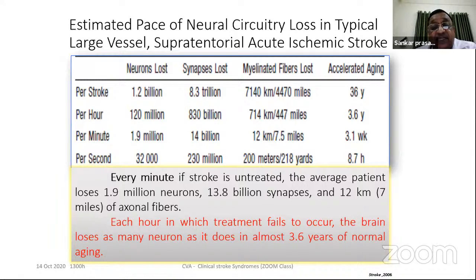Luckily for us, from 96 onwards, we have interventions within 4.5 hours, and also